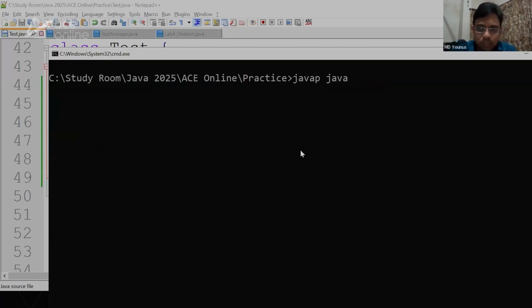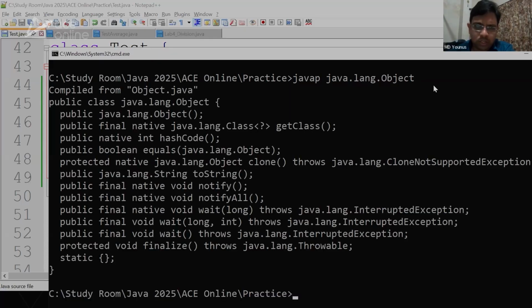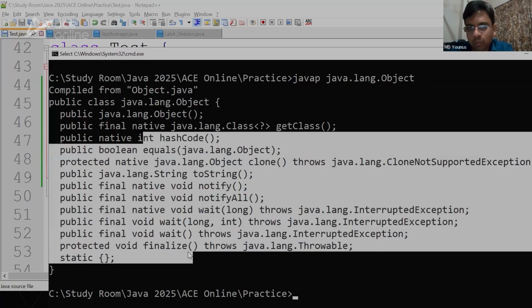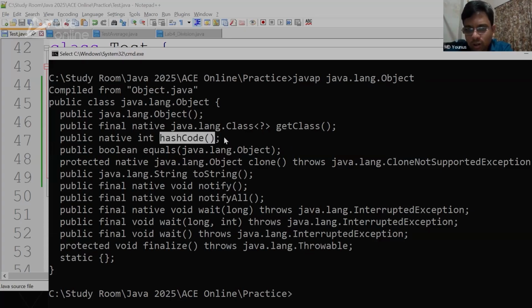There is a class in the lang package. You know that lang is a default package. In this, we have a class called Object, java.lang.Object. Let's see what is inside this Object and who is doing this. If you just press enter, you can see this Object class. It has a default constructor followed by a few methods, like hashCode, which will give you